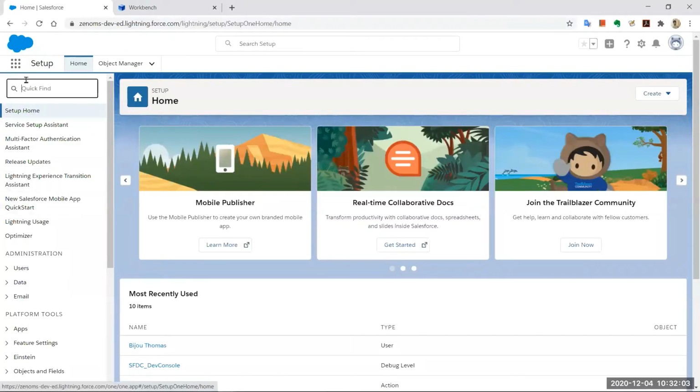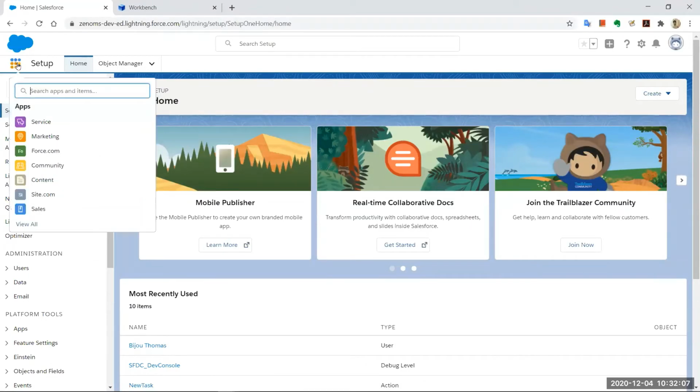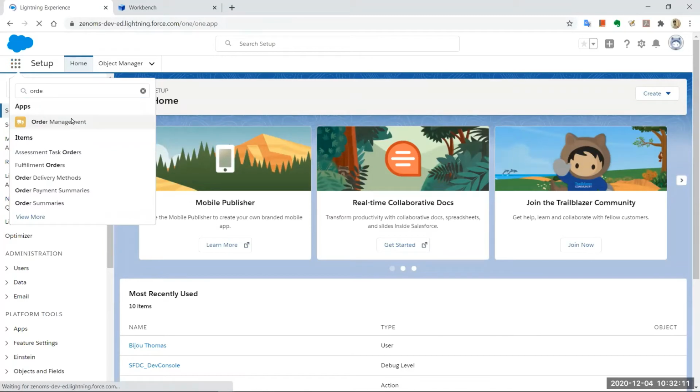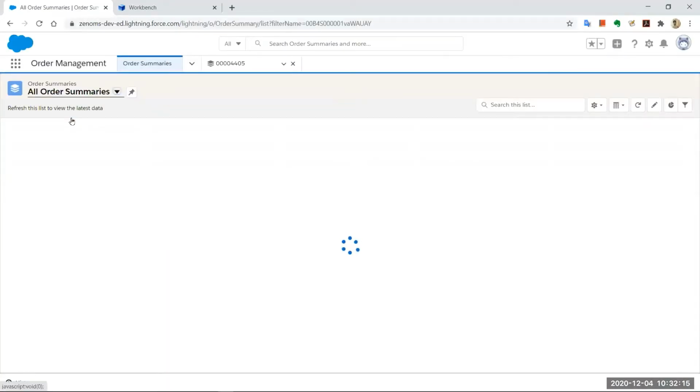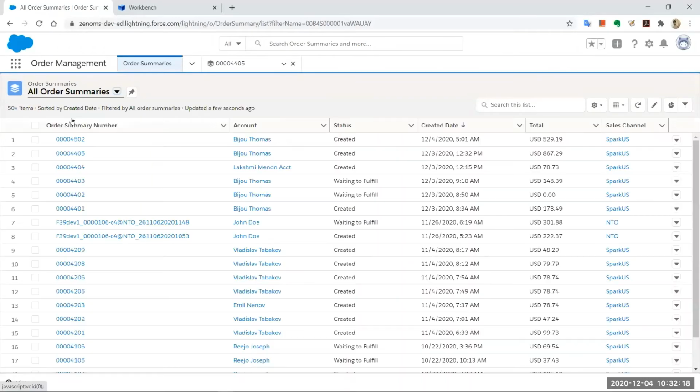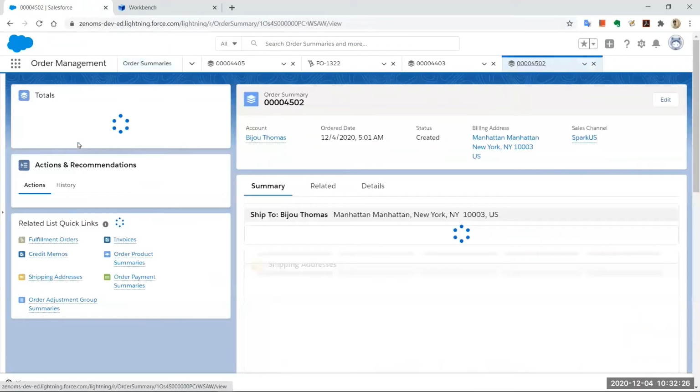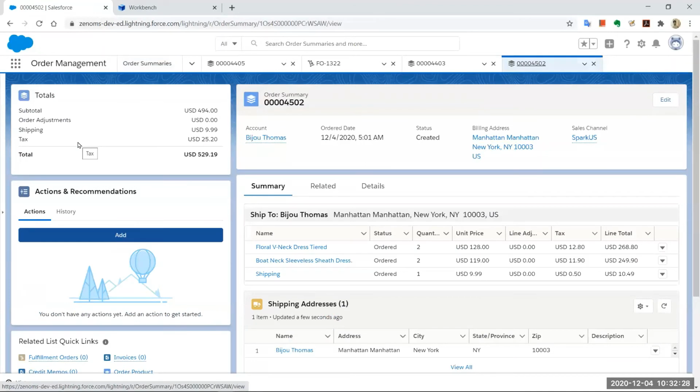So this is the standard Salesforce core platform, right? And within this, you have order management. And what you get to see over here is something called order summaries, right? I'll get into the specifics of order summaries in a couple of minutes. But before I go to that, I'll just take you through an order summary. What the offering comes with is one order management console.